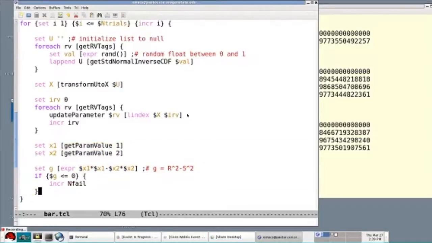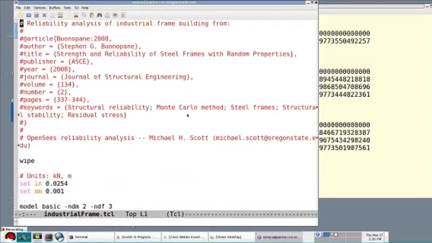Okay, so in the time left, I wanted to go through a kind of finite element reliability analysis. All right, so I found a journal article from a couple of years ago on reliability analysis of steel frames with random properties. It's from the Journal of Structural Engineering. And they used OpenSees to do the analyses, and I thought it would be a good one to do reliability analysis on. Okay, so I'll just try to quickly highlight the key points here